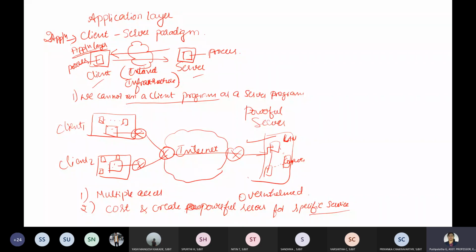Basically, in order to encourage such arrangements, you need that, because a server station is not so easy, right? That is why whenever you log into your bank, don't you think they will charge some rupees whenever you use an ATM card?